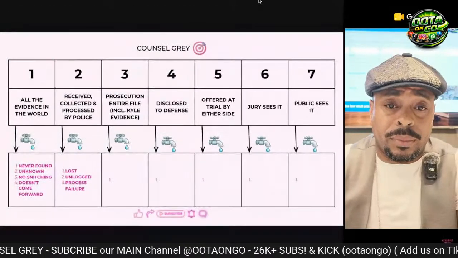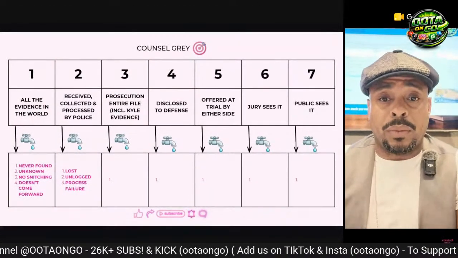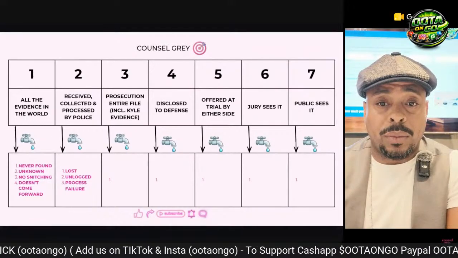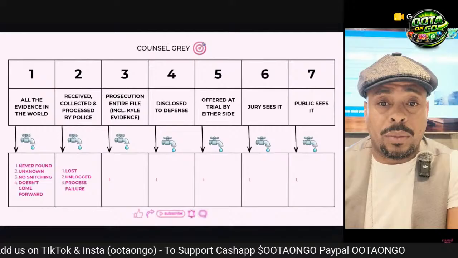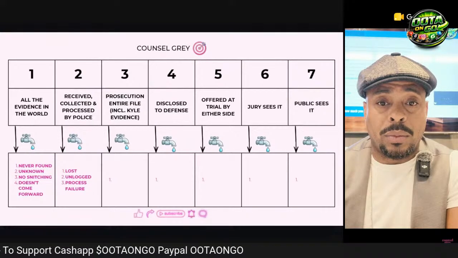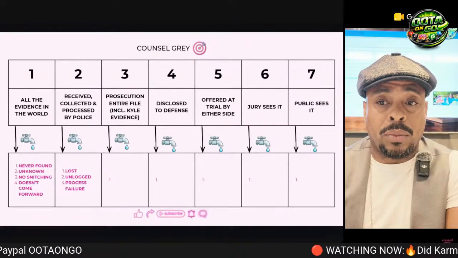Before we get to court, okay? The evidence can be lost, right? You guys, I'm sure, have heard of evidentiary files getting lost, whole boxes getting lost, right? Stuff just gets lost. Sometimes it gets intentionally misplaced. Now, some people may be thinking in both of these cases, in number one